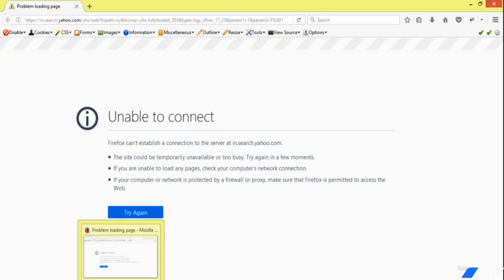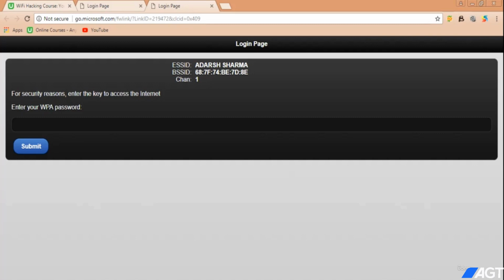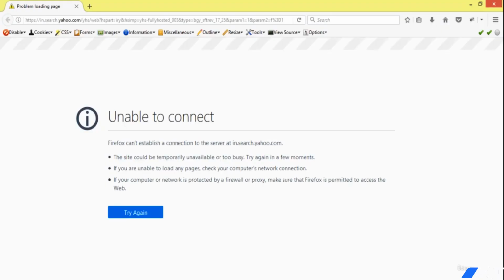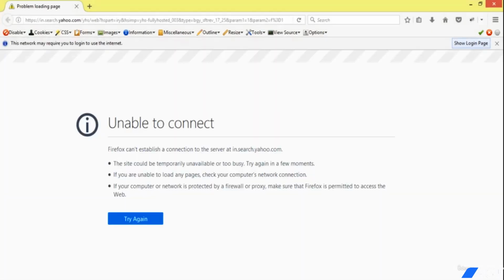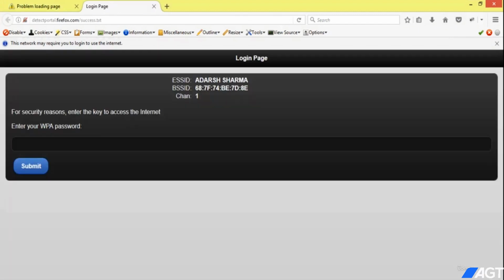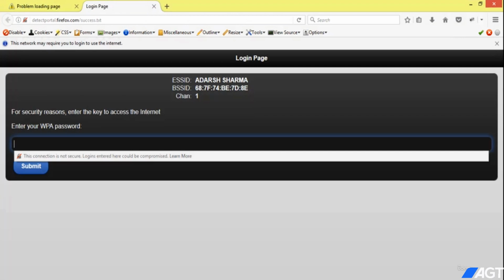You will soon receive the same login page which can appear on your Chrome, but I want to open this page in my Firefox because Chrome has such a security feature that it doesn't send the password our target types in. So I prefer Firefox for this practical, and as I type the original password